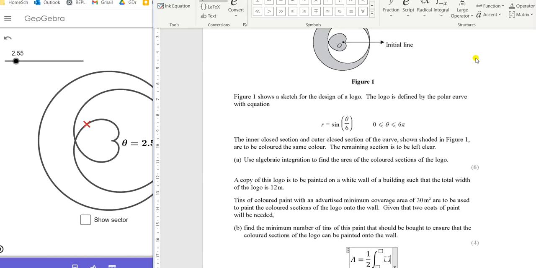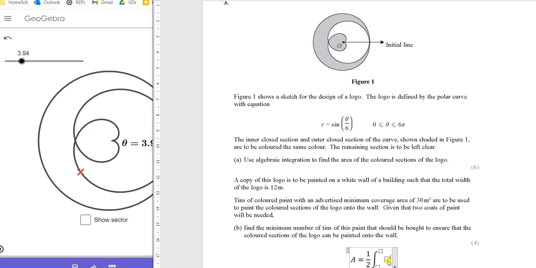We want half of r squared d theta because we're taking the area of some infinitely thin sectors. This is different to ordinary integration you might do with dy and dx, because in those cases you're thinking about the area of an infinitely thin rectangle with a height of y and a width of dx. Remember, when we're dealing with polar curves, we're thinking of the area of an infinitely narrow sector of a circle,